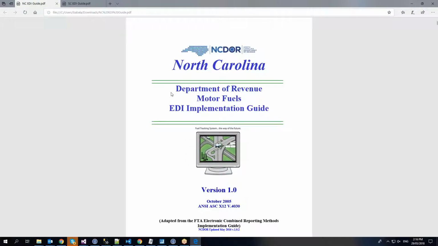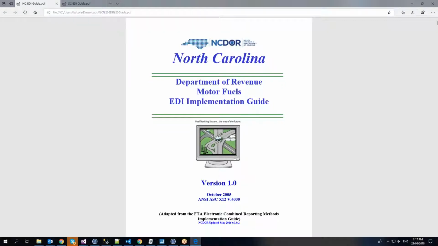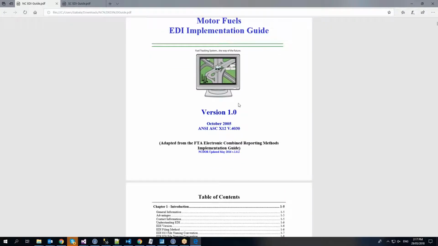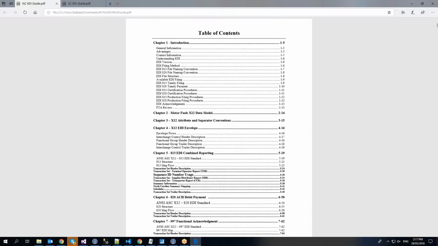So for this example, for this session, North Carolina and South Carolina both make use of X12 version 4030. So later on, I'll be showing you the differences. Even though they are using the same EDI format or EDI version, they can still have differences on the implementation of the EDI. So let's start by going through